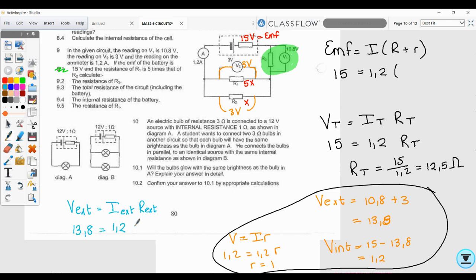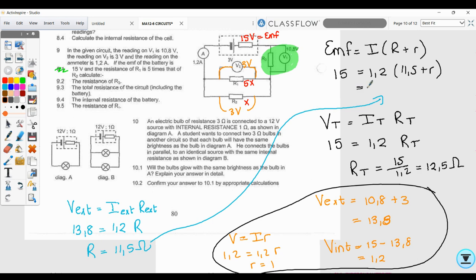And then you could have gotten R external, which gives you 11,5 ohms. And then we're going to stick that into there. So then we can say that this is 11,5 plus little r, and you should still get a little r